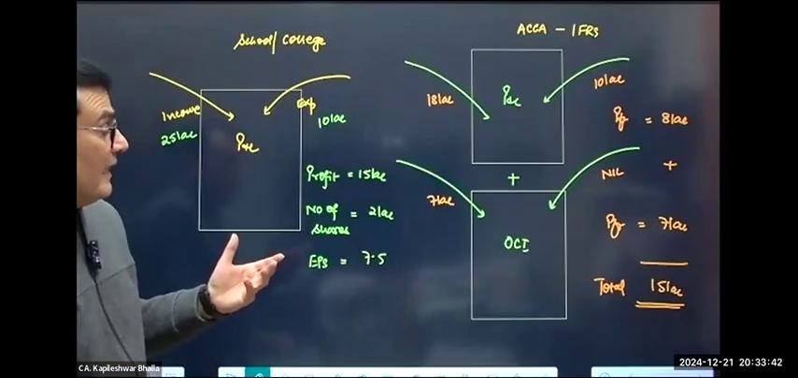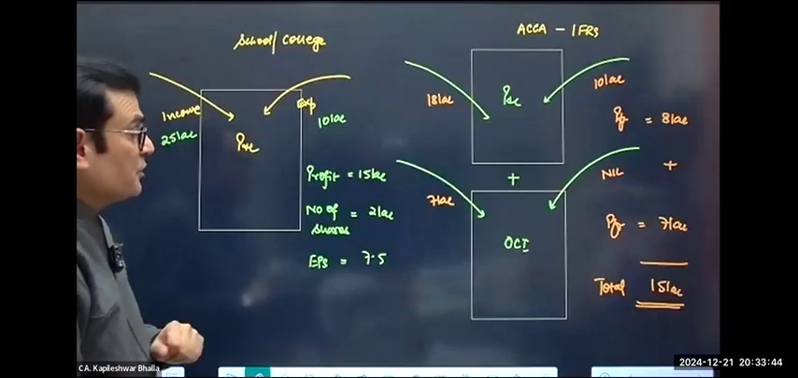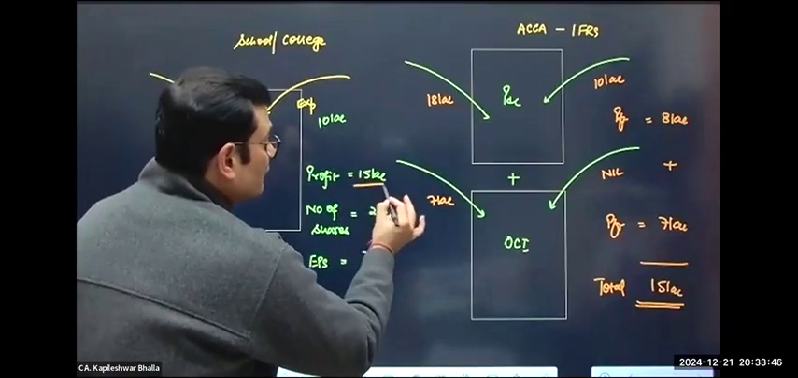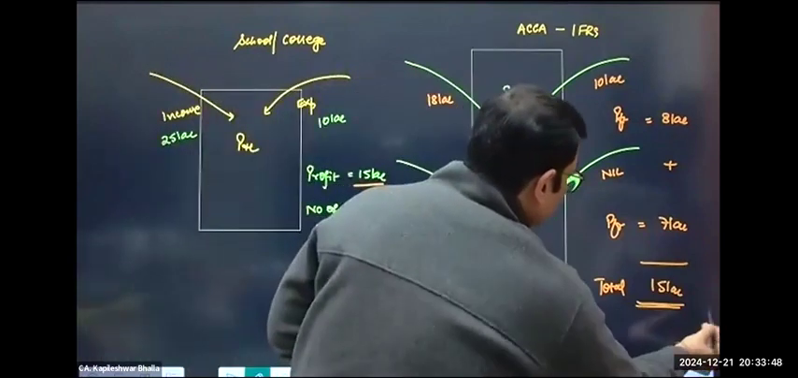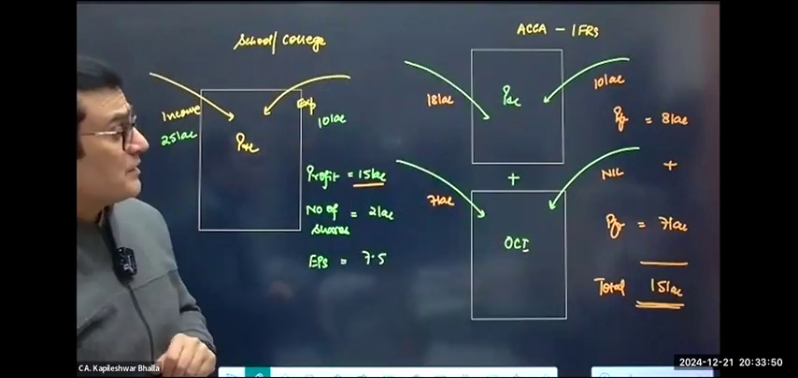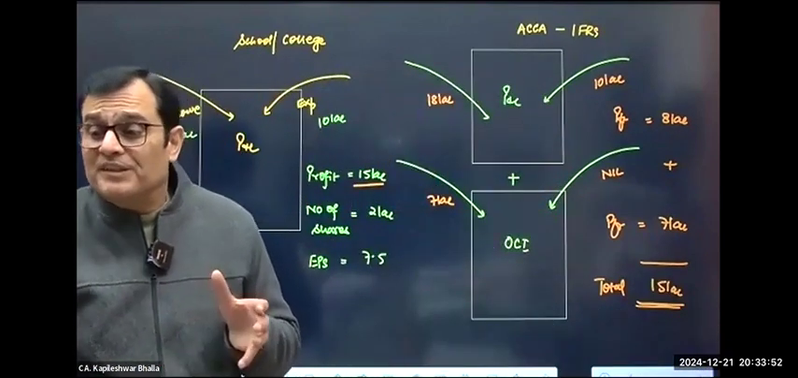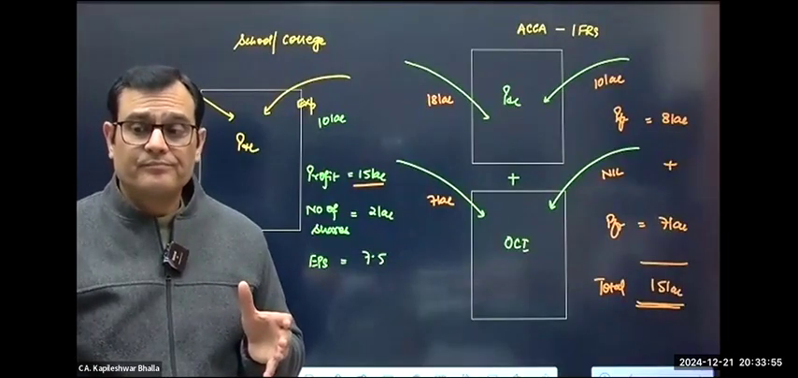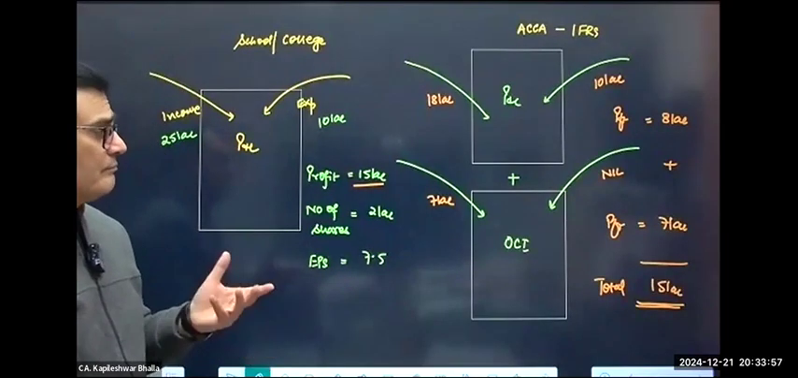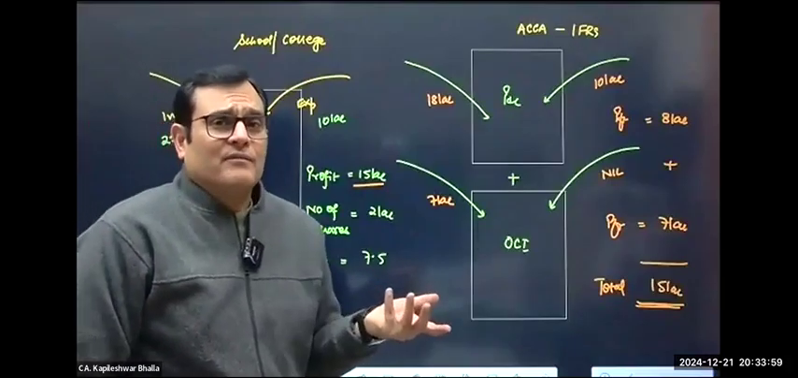A very simple and straightforward question. You see the profit here is 15 and you see the profit here is 15. Is this by chance the same, or does this have to be the same? It has to be the same. Yes, on a mathematical level, what I've done is